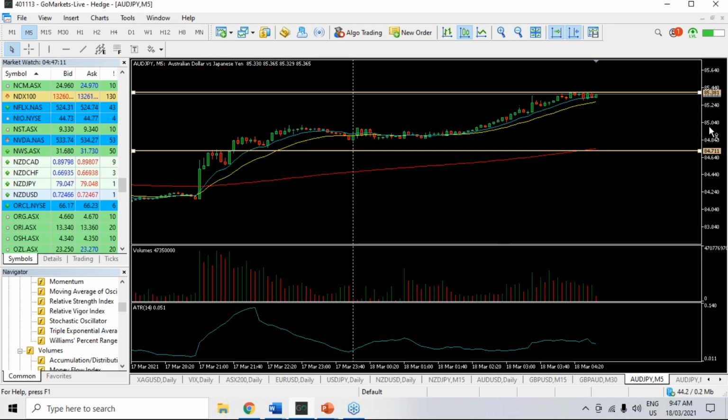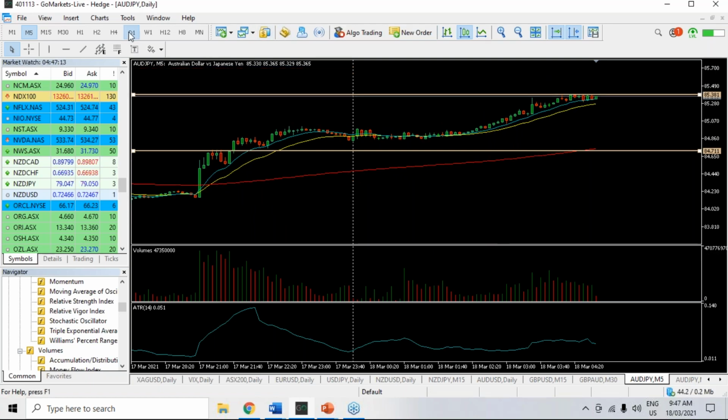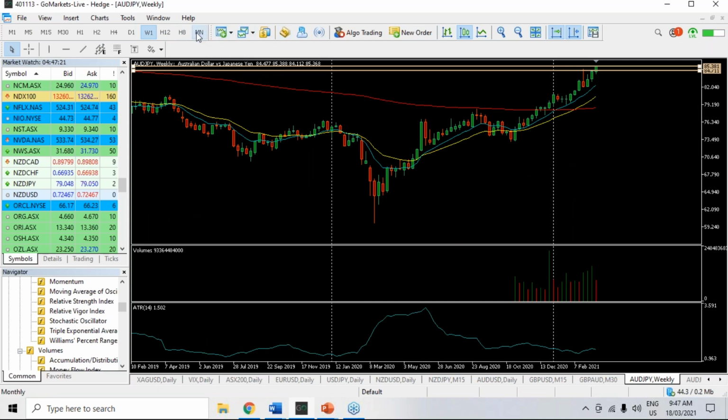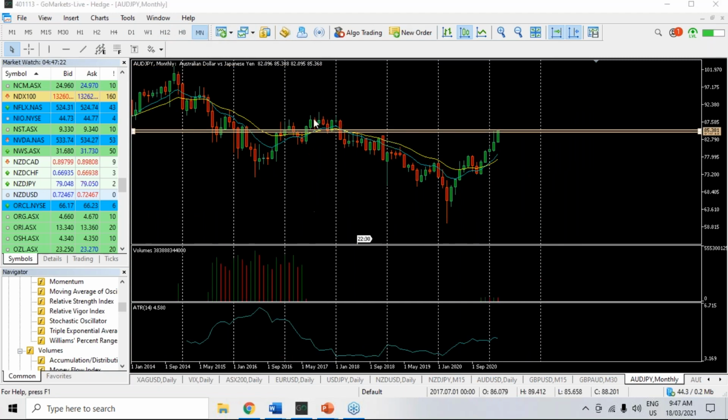at around about 85.38. Now, if we take this back to the daily chart, the problem is there's very little reference to pin this on. Even if we go to the monthly chart, you go right back to the early part of 2018, really. So that's really the next key level on the weekly chart that we'd identify somewhere around that 87.56. That's way too high for a chart there. So we'll put a line there.